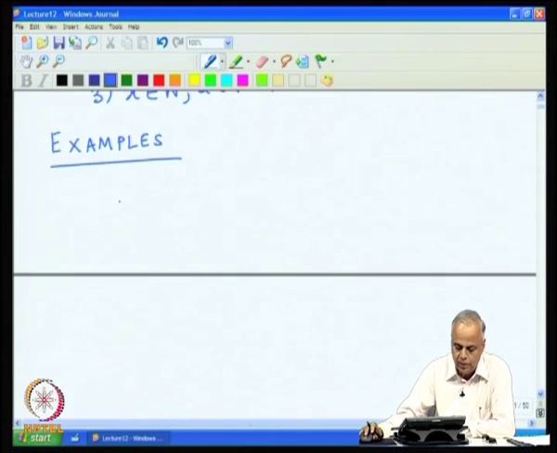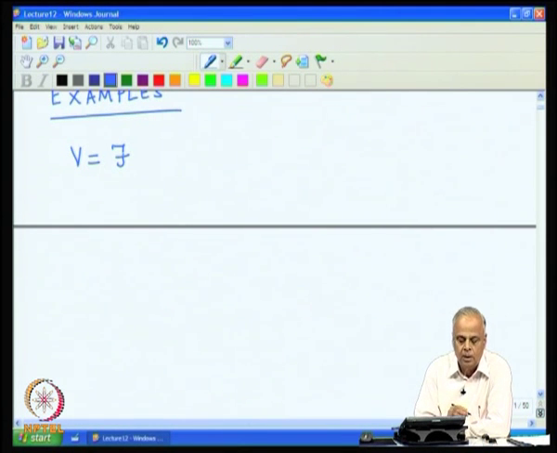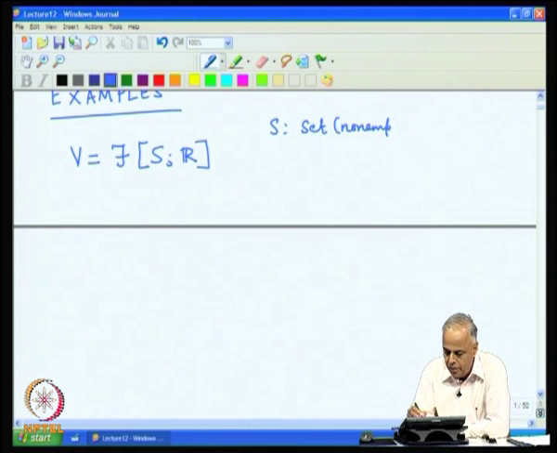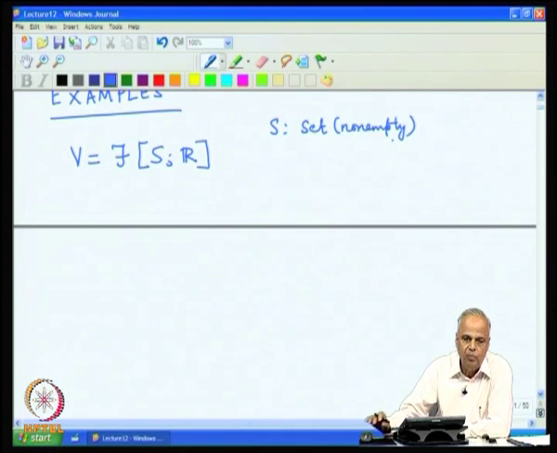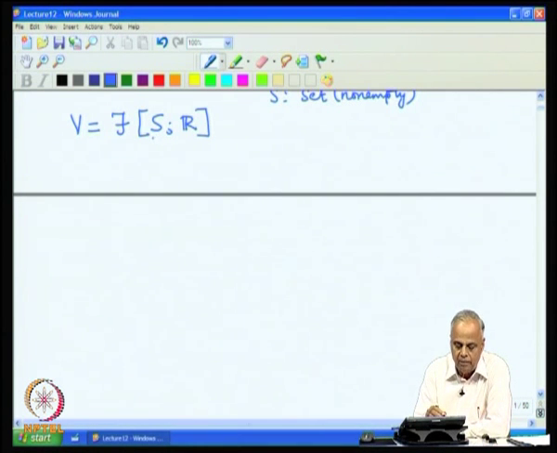The first example we had already seen in the last lecture. We shall see now another example. Let us look at the vector space V, which is the collection of all functions from S to R, where S is an arbitrary non-empty set, and we are looking at the collection of all real valued functions, which associate with every point in S a number in R. So, we are looking at all such functions.